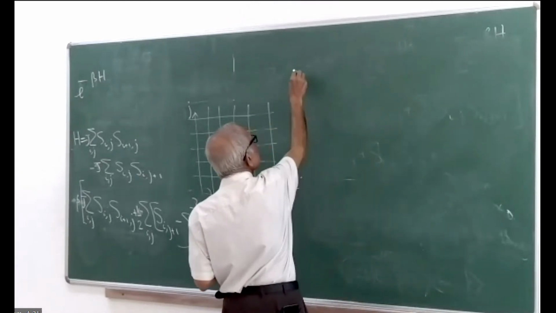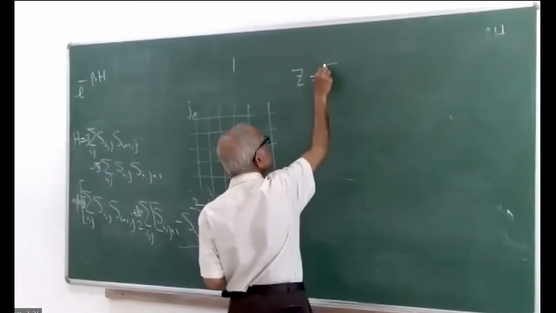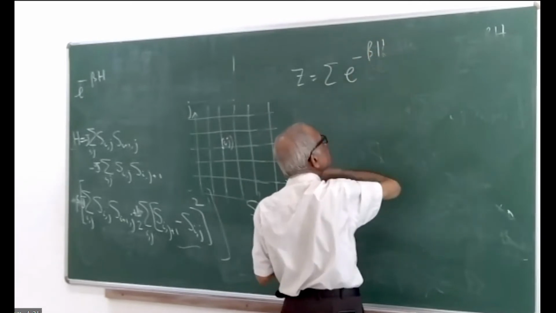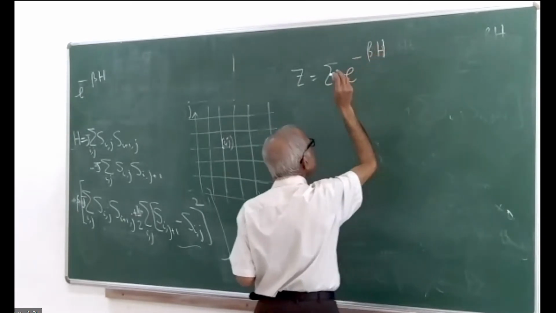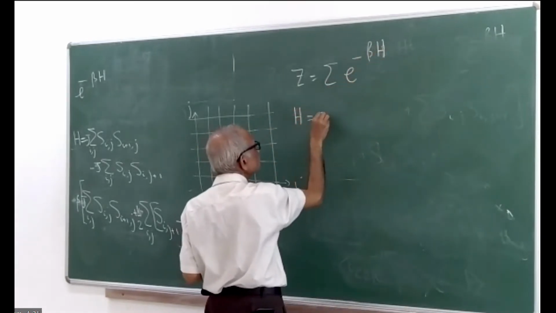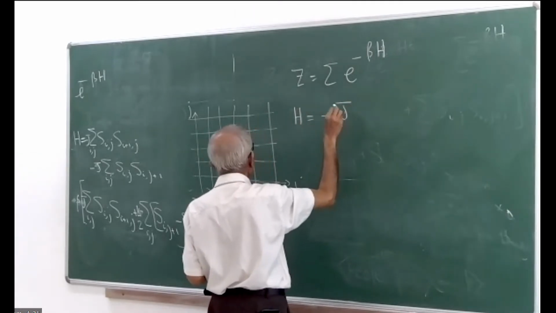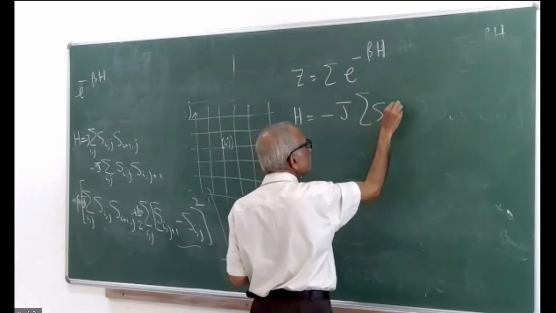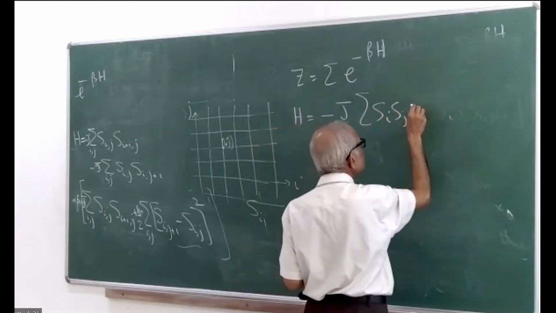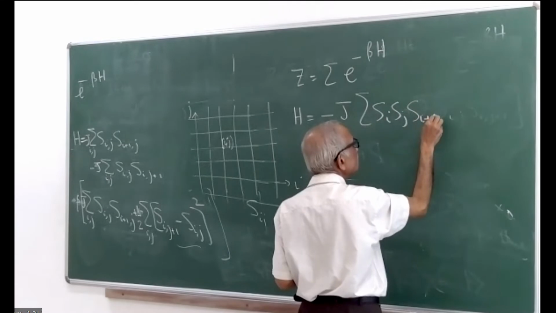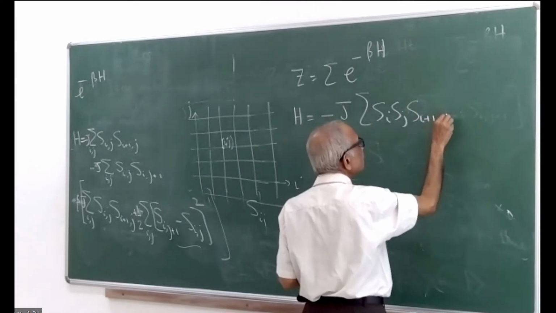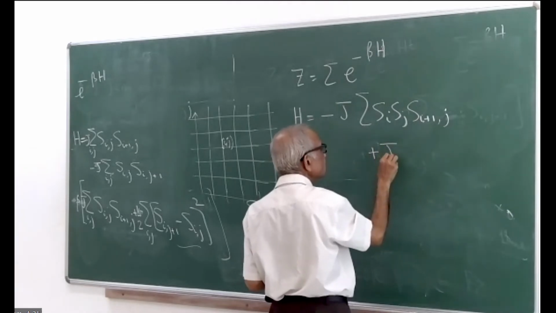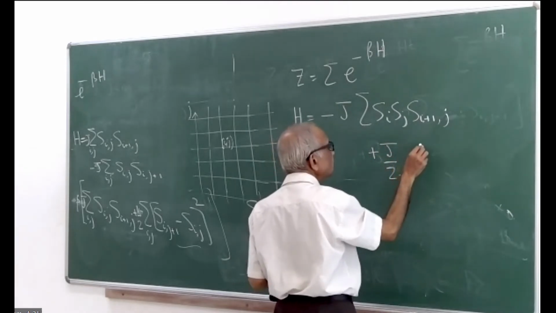So there was this partition function. The partition function was e to the power minus beta H. That had to be done. The H is minus J, and then it is S_i plus 1 j, and then the other part, which is plus J by 2, and then it